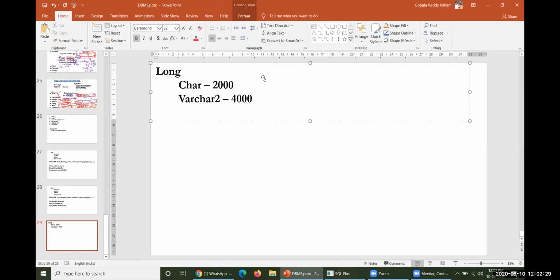The candidature or conduct of a student might be more than 4,000 characters. Otherwise, if a student performs a project and the explanation of that project is stored in the database, it will be more than 4,000 characters. If such cases are there, with a huge amount of data being stored, then you will go ahead with the long data type.